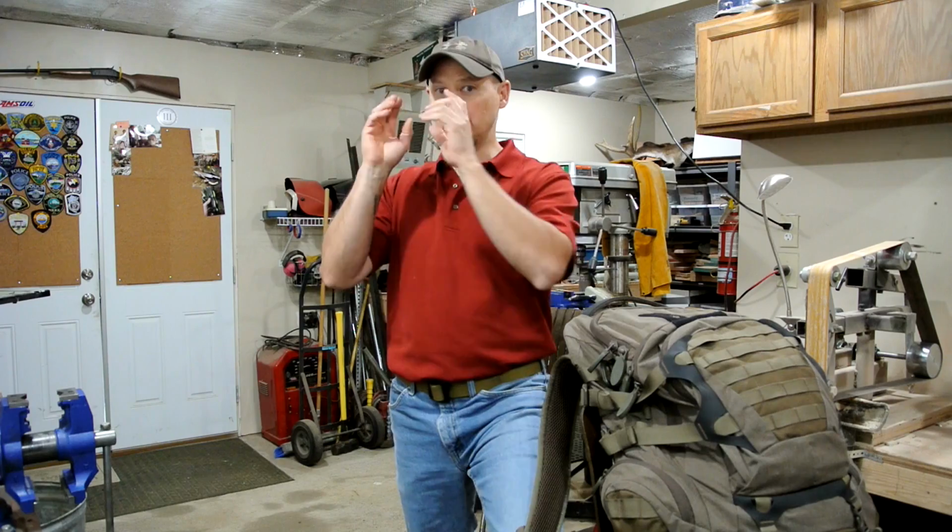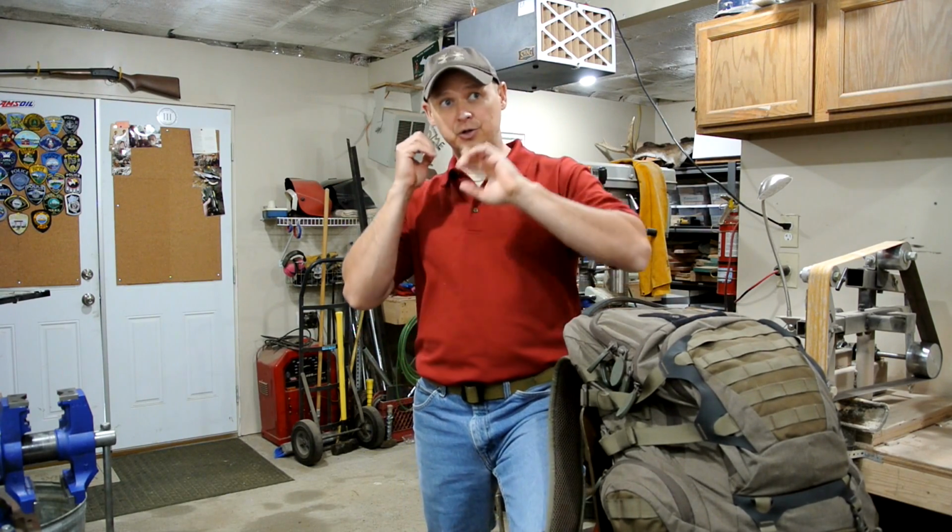So say for instance you're out scouting or hiking, you can open it up and you can what they call glass. You can use your binoculars to look around for things. Use your rangefinder to check out the distance of whatever it is you're looking for, or see how far it is from you. So I was really looking for one of these things, and I went over to the local